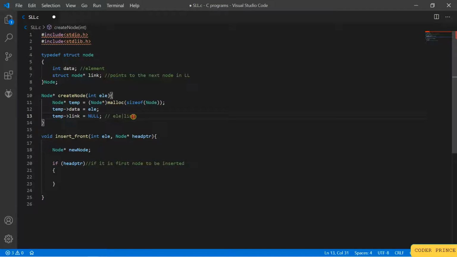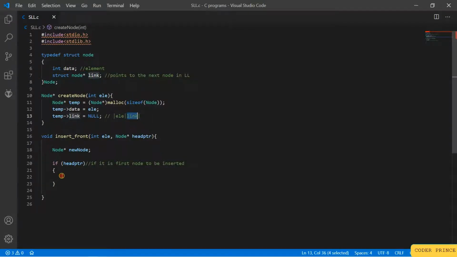So it is like this. These are the two parts of the structure, element and link. The element can hold any integer, whether it is 5, 8, 10 or whatever number, and the link is a struct node star, right? So this will hold the address of a node.